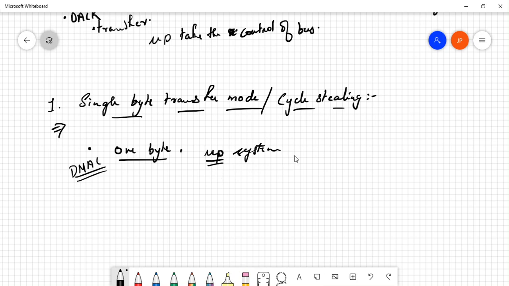Now you might have also observed that while transferring data, your processor becomes a bit slow, right? The reason is that the processor is not continuously getting the bus. It is actually getting the bus only in alternate cycles, right? So the speed definitely reduces because it is getting the control of the bus only in alternate cycles. That is the reason why we see a lag in the PC's operation while you are copying some files from your memory to your USB devices.